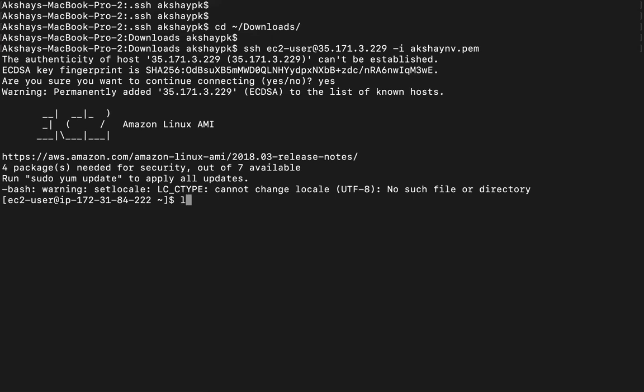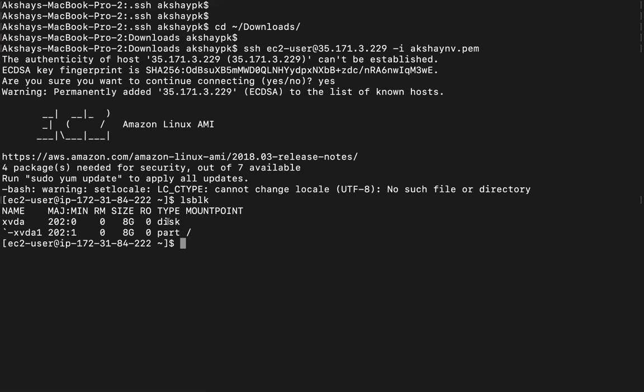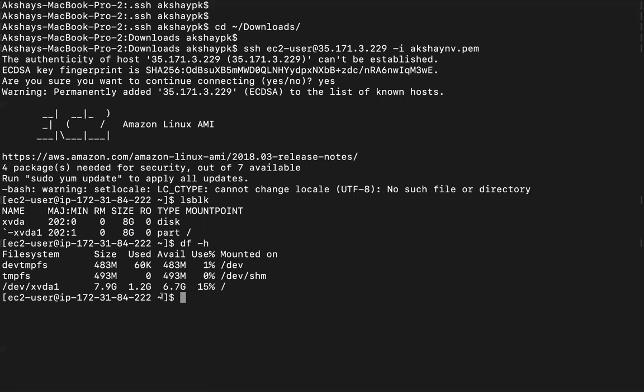Let us try two commands. The first is lsblk, which lists all of our partitions and mount points. You can see over here it is right now 8 gigs in size. Let's now do one more command to see some of the partitions, df -h. You can see over here it gives you more details regarding the name of the disk and so on. It's /dev/xvda1, which is 7.9 gigs in size, which means the total size is only 8 gigs, right? And it's mounted onto the slash partition. Now let's go ahead and modify the volume.